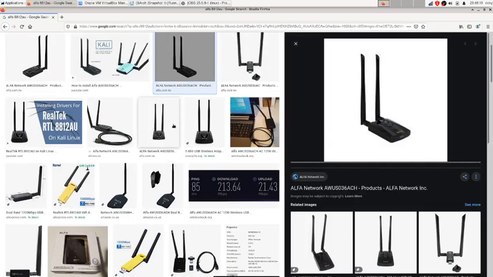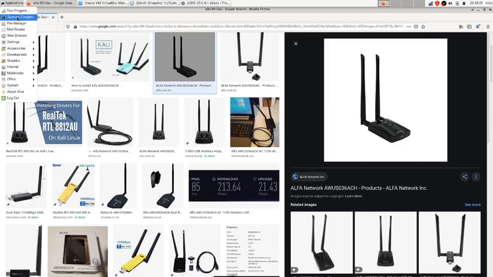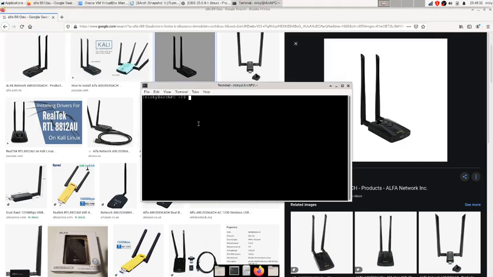This is the card I normally use to scan the networks, and this is the card I connected to my host machine at the moment. If you go to the terminal and type lsusb, sorry, you need to use sudo lsusb sometimes.